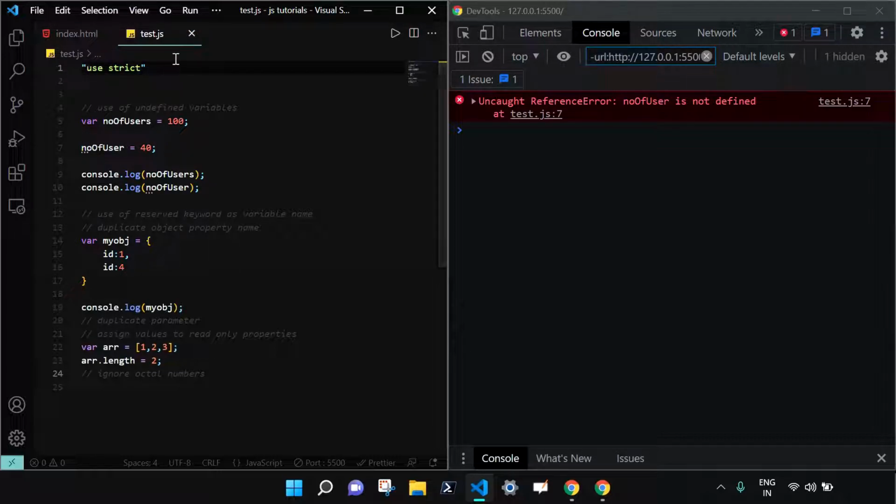This is how we use strict mode in JavaScript, which is very important. As I told you, when you are working with very large files, it is possible to misspell the variable names, which will ultimately create a new variable which we don't want. We actually want to update the value, or increment the value, or do something like that, but it will simply ignore it. It will create a new global variable, and we will think that we did what we wanted, but it's not actually true. This is what strict mode is in JavaScript.